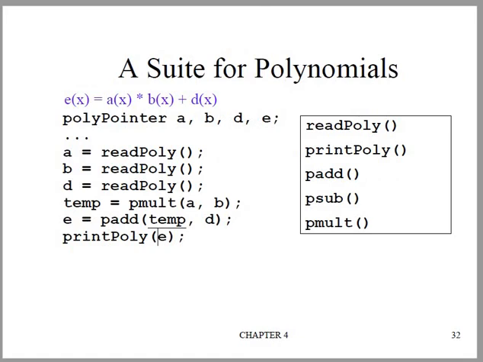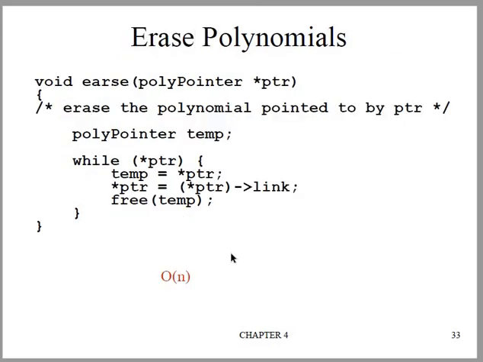Now let's see what the ADT for polynomials would look like. If you want to define the ADT for polynomial, what are the different functions you can write? Reading the polynomial from the user, printing the polynomial content, performing the addition of two polynomials, the subtraction, the multiplication, or even multiplying a scalar value with the polynomial. So with that we'll wind up today's class. We'll continue in the next class.